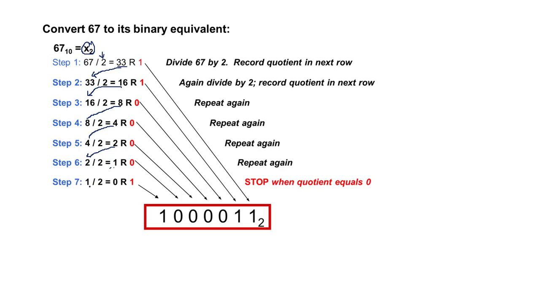Or you think in another way: in our decimal system, we already know that when I divide 1 by 2, we cannot divide. So my quotient is going to be 0, and my remainder is going to be 1. So 1 cannot be divided by 2; your quotient is 0 and remainder is 1. When this part becomes 0, you have to stop.